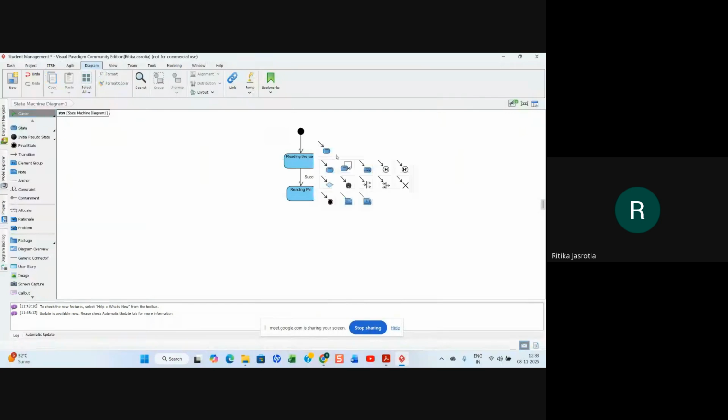And if it is invalid, I'm putting it here, right? And I am saying if it is invalid, I'm going to ejecting card, right?